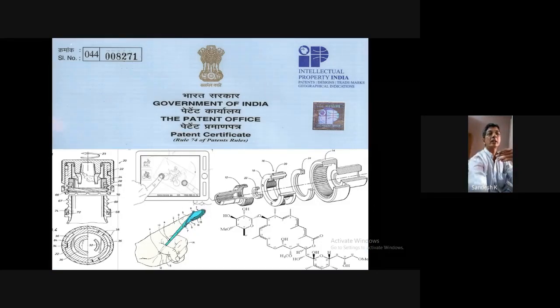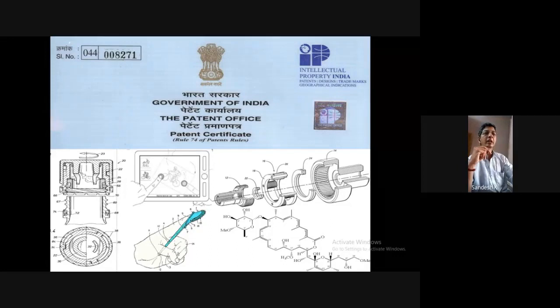Yeah, these are the specifications, just an example I've given. So some specification or specific product which we go for when filing. All these specifications should be filed and you get a certificate. There is Rule 74 of the Patent Rules. You get a certificate saying you have filed a patent with specific numbers and all. Okay, next slide.